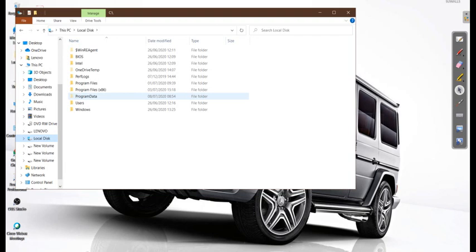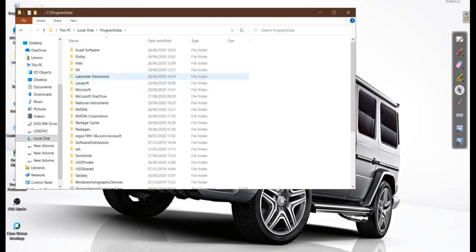Before proceeding with this procedure, you must have installed the Proteus 8 software. After installing it, you can add this file to your templates of Proteus. So just go to program data.